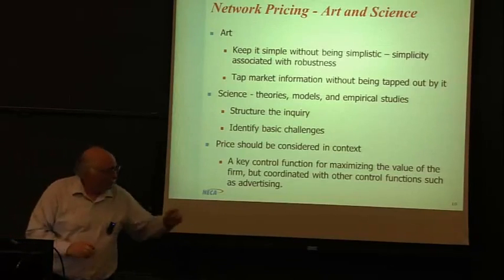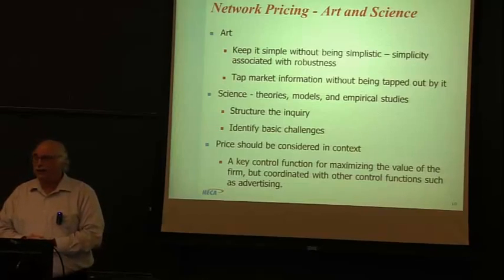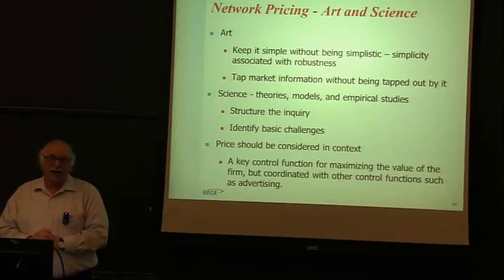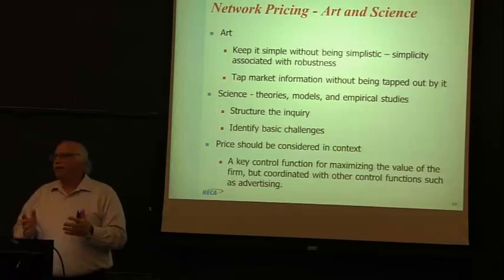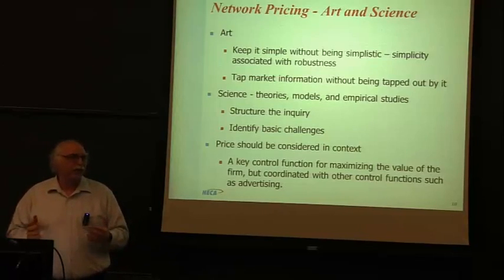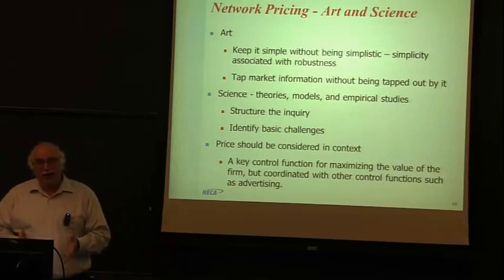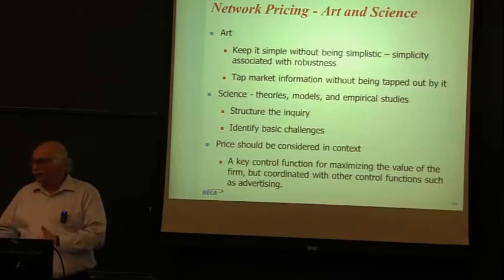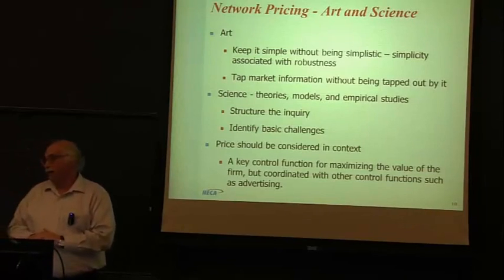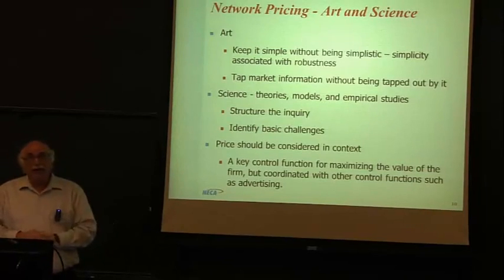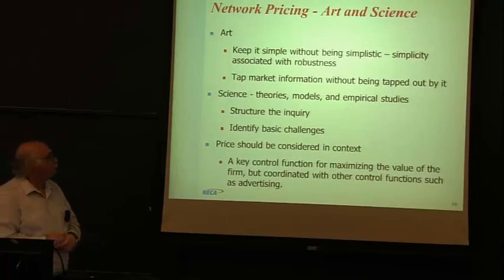Now, when we get to network pricing, you've seen some mathematical models this morning. I want you to understand that pricing is really an art and a science. When you're trying to price, you're in this kind of zone of indeterminacy. You really don't know what's happened in the market yesterday. You probably don't know exactly what's going on in the market today, and you certainly don't know very well what's going to happen in the next months or years. So you're in that zone of indeterminacy. There are a lot of reasonable solutions to pricing.